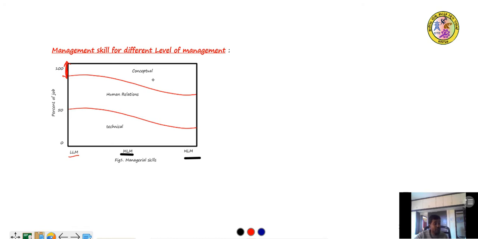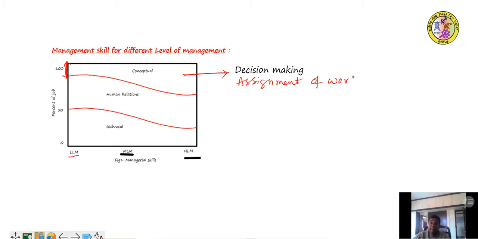So what do you mean by conceptual skills? Conceptual skills means decision making, a very important skill required for the administrators. Who should be posted for which work, assignment of work, selecting the right person for the right work is also an important thing that is decided by the top level management. Because